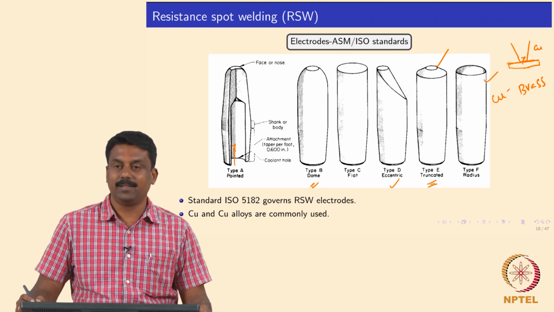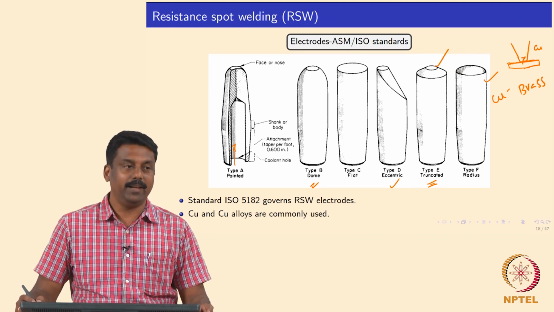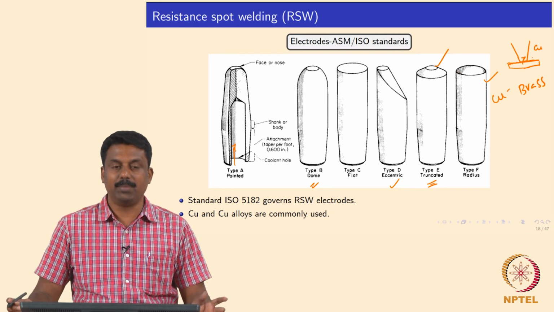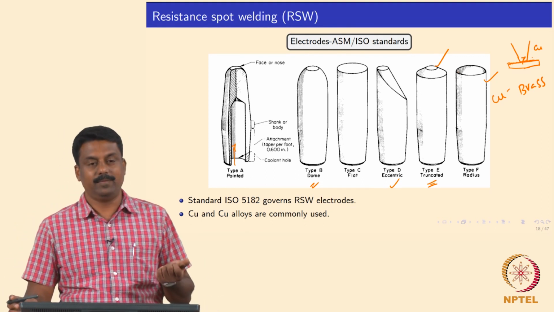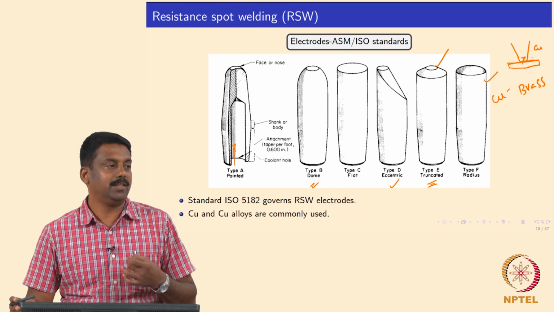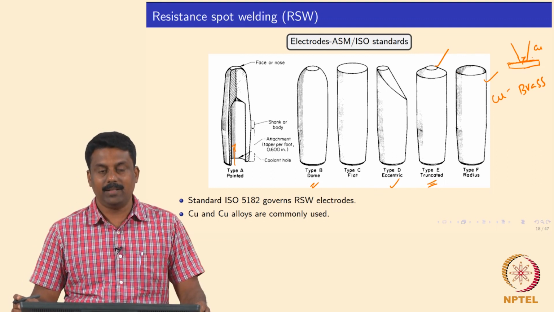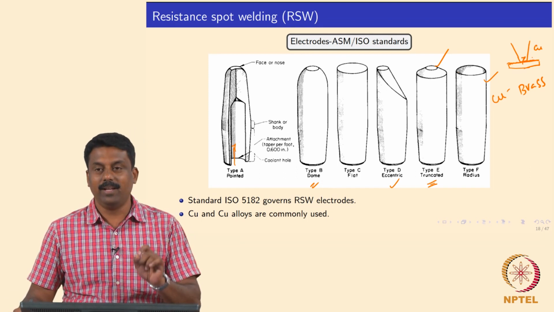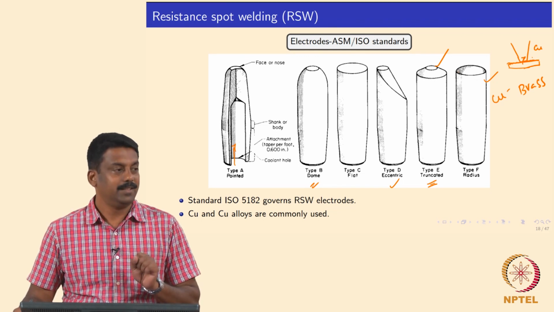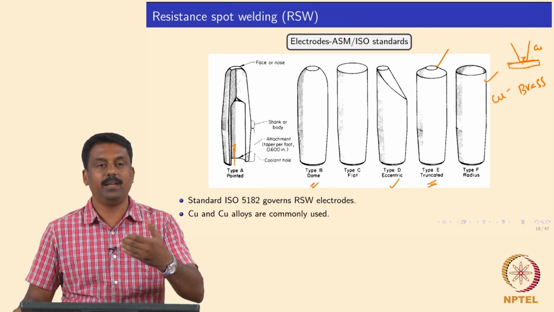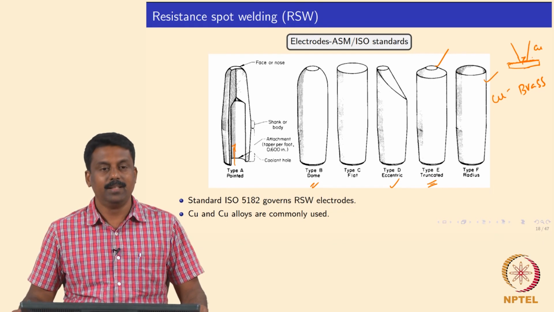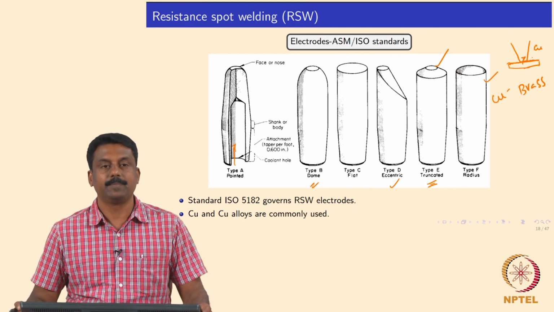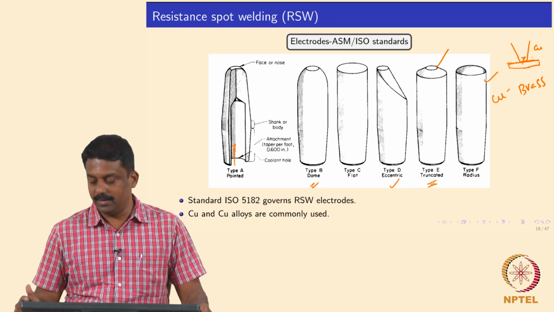So in welding of automotive steels, especially when the steel is galvanized, the electrode surface wears out, because the moment you form brass, you also change the resistivity locally, and you also increase the hardness. The layer becomes very brittle. So you will end up changing the nugget diameter. Even if you use the same current, same welding time, after 1000 welds, your weld nugget diameter will increase. It can even lead to splashing if you are operating close to Imax, right. So electrode wear is a big problem because of the use of copper and copper alloys for welding zinc coated steel.